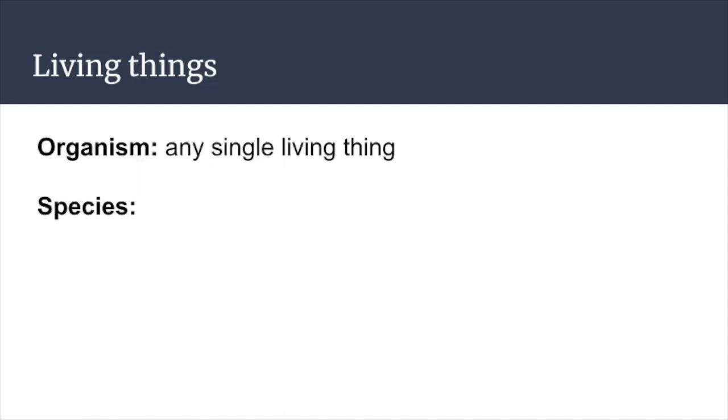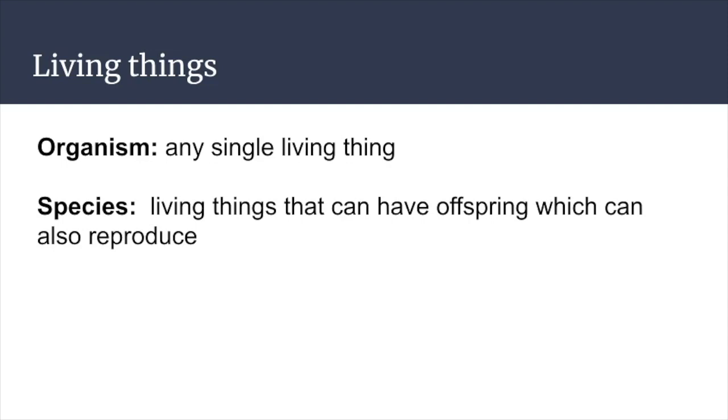So you probably know kind of what a species is, right? Humans are a species. Dogs are a species. But where do we kind of draw our lines? How do we decide what belongs to the same species and what doesn't? If you are part of the same species, there's kind of two things you have to do. You have to be able to have babies. You have to be able to reproduce. Okay, so if you can reproduce with something, that's one criteria to be the same species. But then your babies also have to be able to have babies.